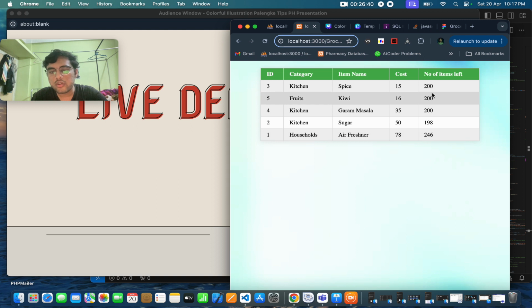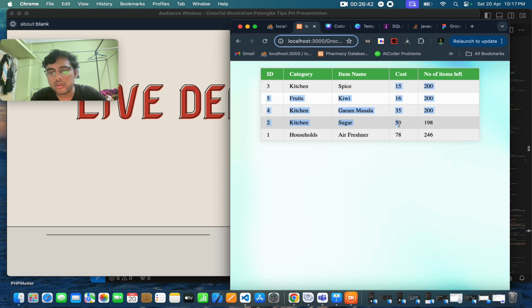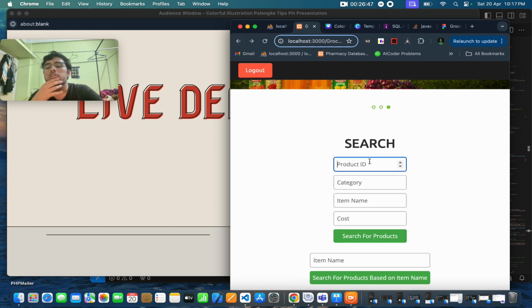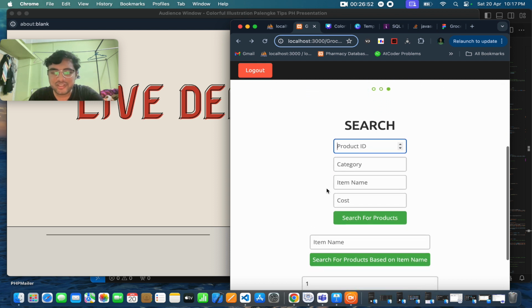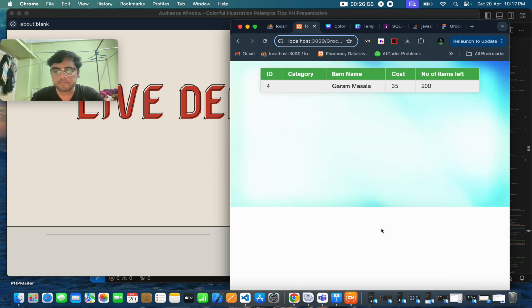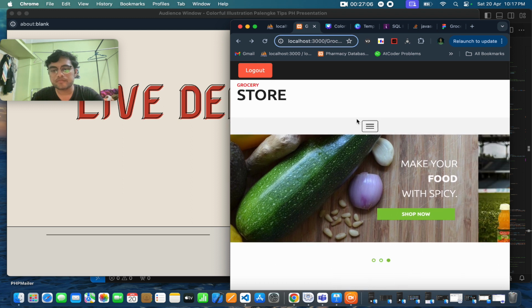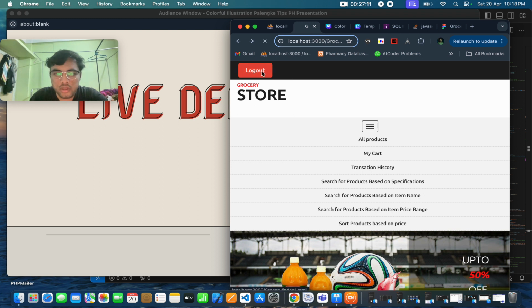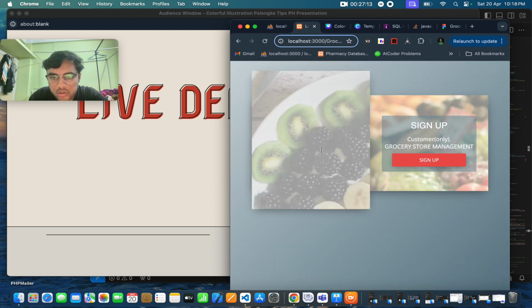Sort the products on the basis of price in ascending order. Now search the product according to the name. It is a very simple feature actually. By name, suppose I am trying to find garam masala. See, 200 items are left in the inventory and cost is 35 per packet. So okay, this was all from the customer point of view. Now quickly navigating to the admin